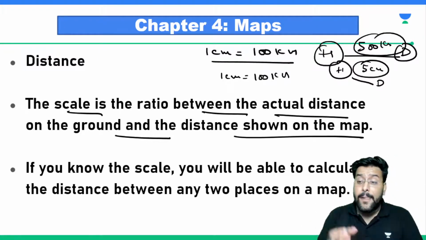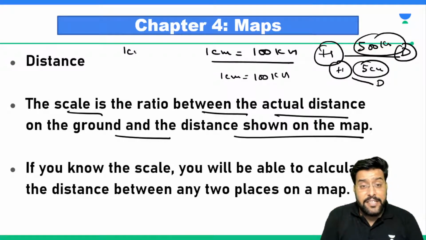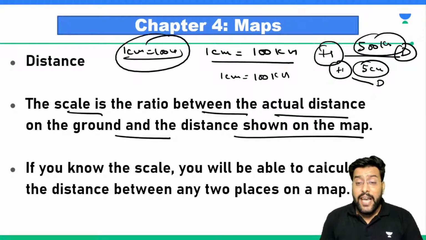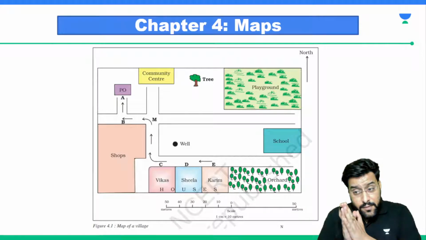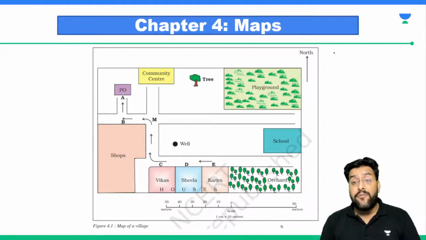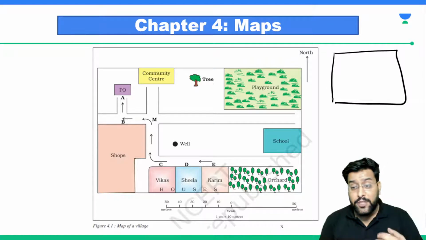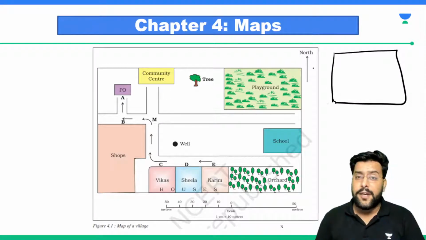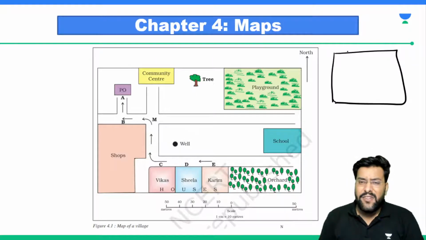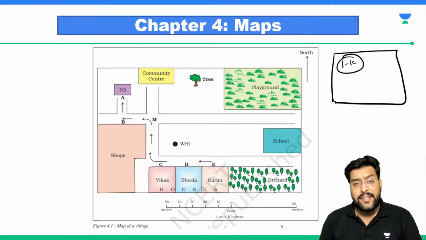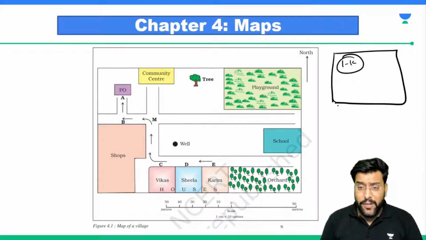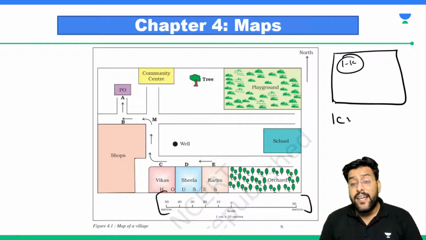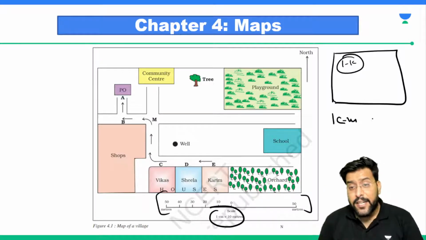So on every map you will find this scale, it is written that 1 centimeter equals 100 kilometers. So with the help of this scale, it becomes easy for us to calculate the distance. Now, scale can be of various types. For example, if we are talking about the entire India, the scale has to be smaller because we have to cover thousands of kilometers. But a small area like a village can be 1 or 2 kilometers at max. So in a village's case, we will make this scale in meters. So as you can see here, 1 centimeter equals 10 meters.